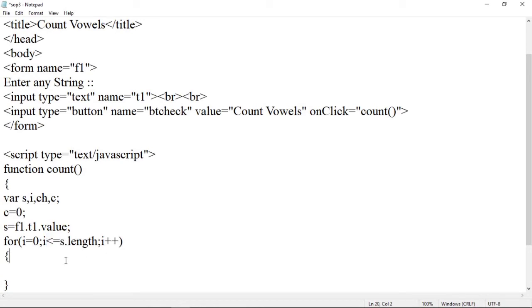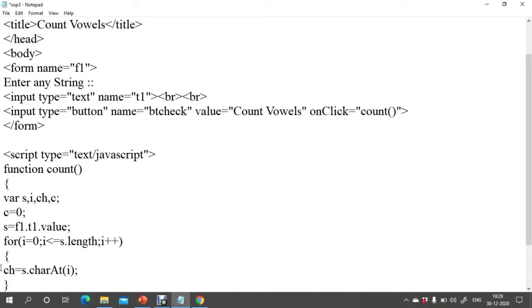Then now we have to retrieve a single character, and to store a character variable declared is ch. So ch is equal to get a character from string, we use a string variable, that is s dot. Function used is charAt and of the ith position.